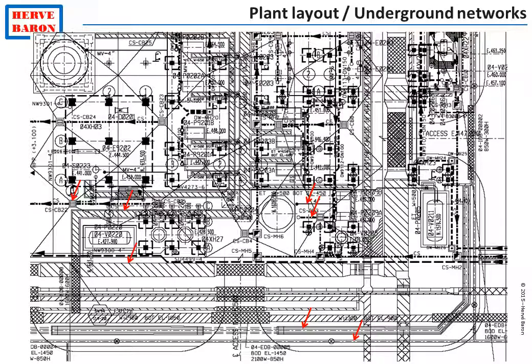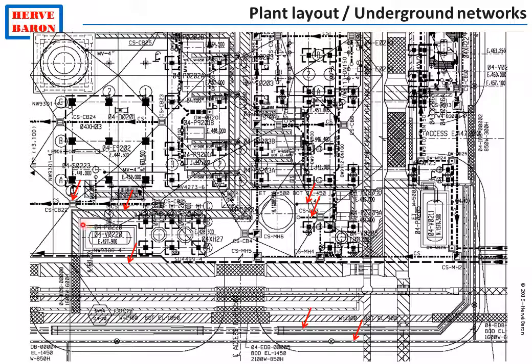Let's look at this underground networks consolidated drawing. It shows all what is underground in a facility. You find equipment foundations, rainwater collection network, including underground pipes, catch basins and manholes at changes of direction,